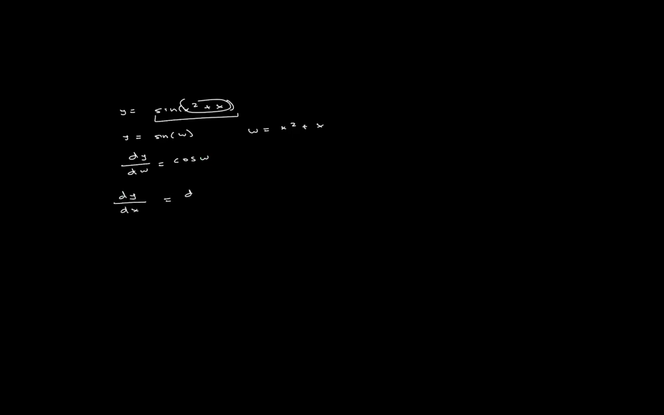Then I know I want to find dy over dx at the end, which is equal to dy over dw, because we created this intermediary function w, times dw with respect to dx, and that gives us our final value, the derivative of y with respect to x. We already found dy over dw, and now let's work on dw with respect to dx. This is a simple polynomial, so dw over dx is simply 2x